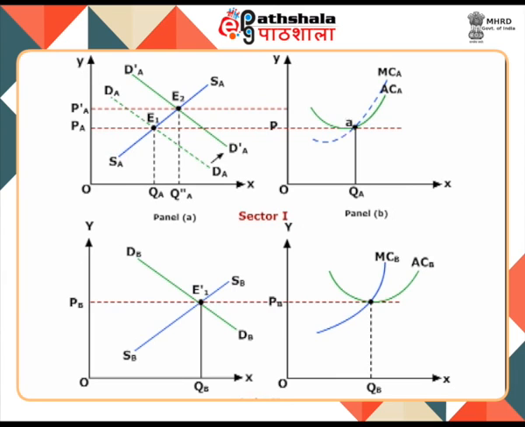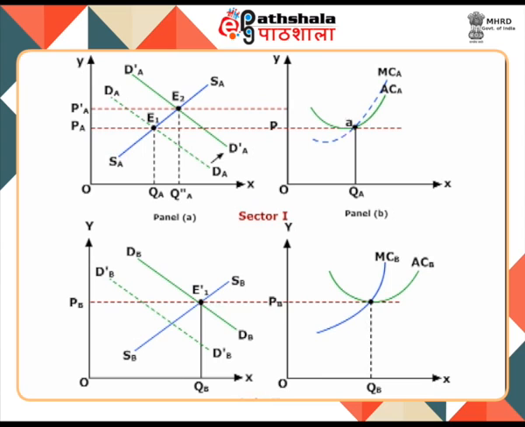So they will purchase less of commodity B, which is reflected by the inward shifting of the demand curve of commodity B from DB to D-B. All this happens because of the interdependence of all the sectors of the economy. In this changed situation, competitive firms in sector 1 will produce more of commodity A at higher prices P-A.